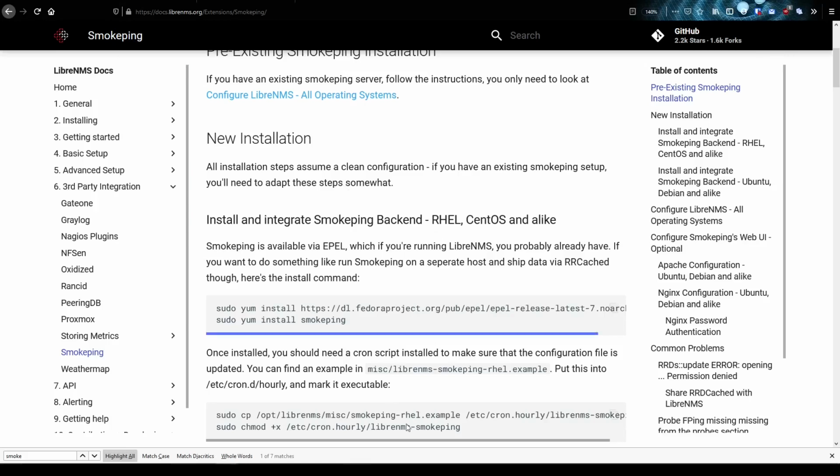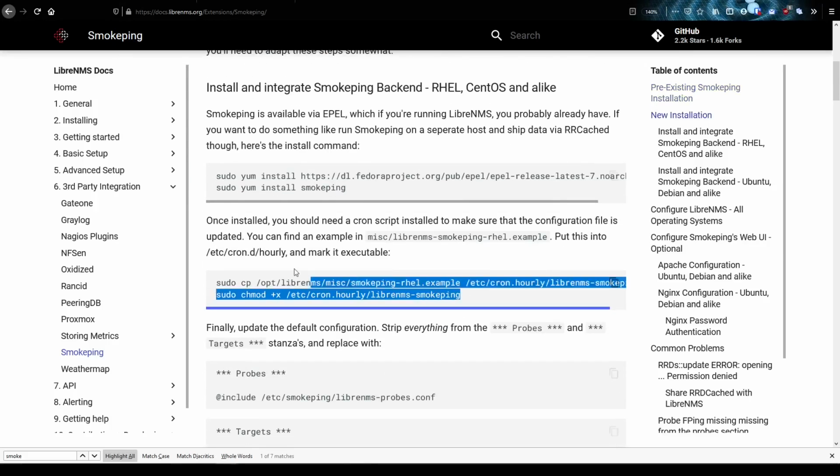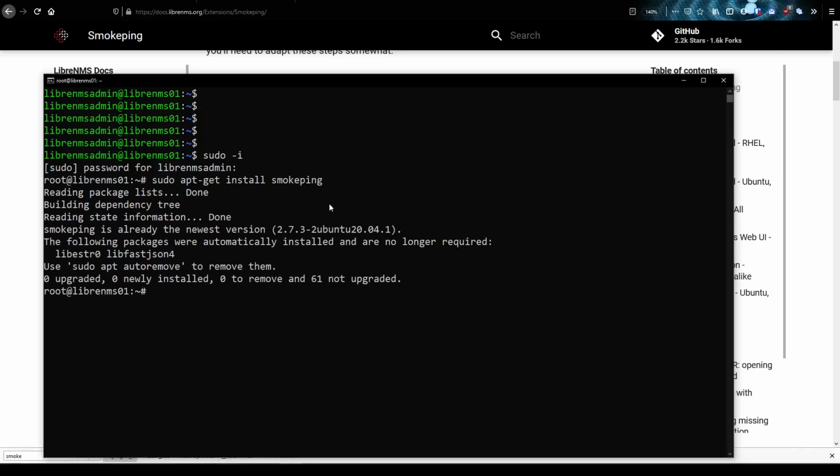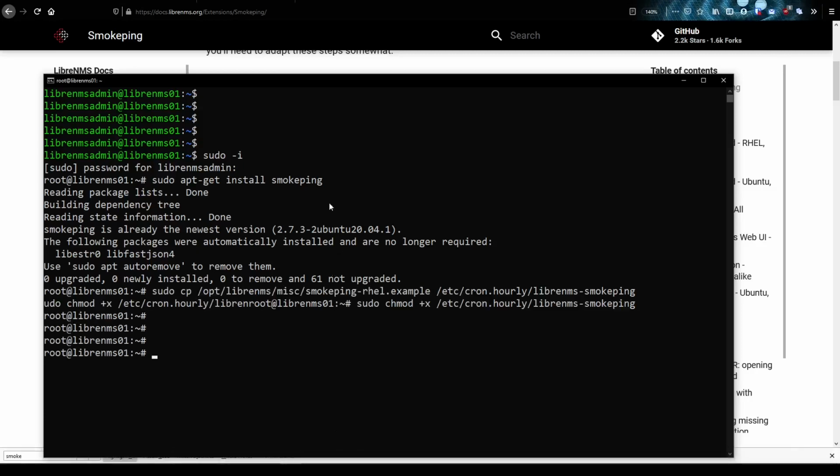Now the next thing we're going to do here is install a cron job that basically runs every hour, and on this hour it's going to run two commands that update the targets of Smokeping, so what devices to go out and ping. So remember that if you add a device into LibreNMS, you have to wait that hour before it actually gets added into the Smokeping, or you could just run it manually for that matter. So we're going to install this here. And if we want to look at this script,